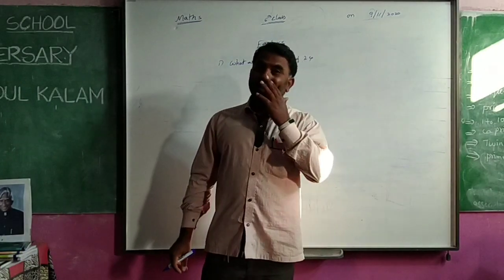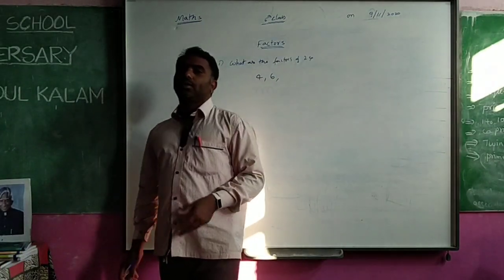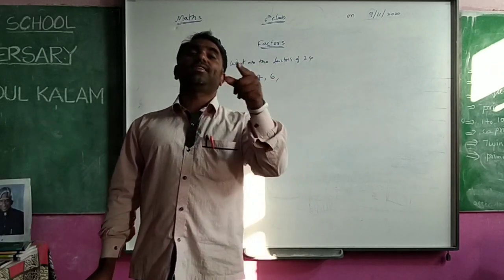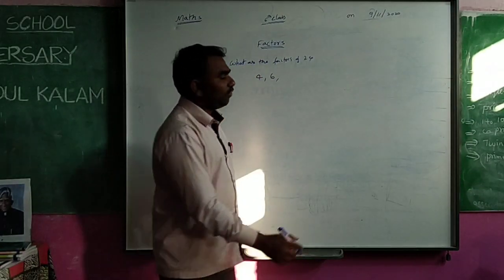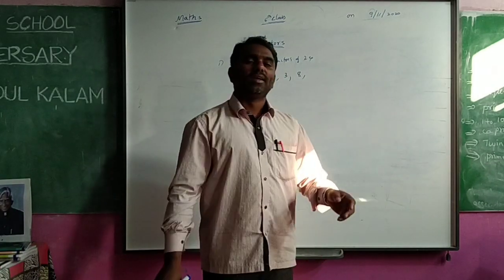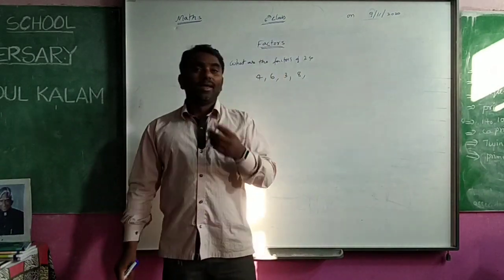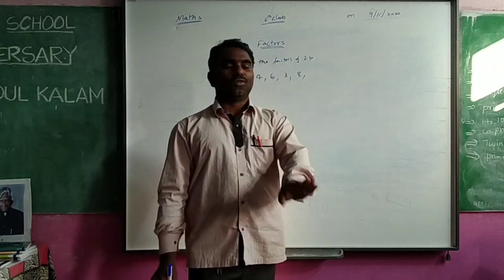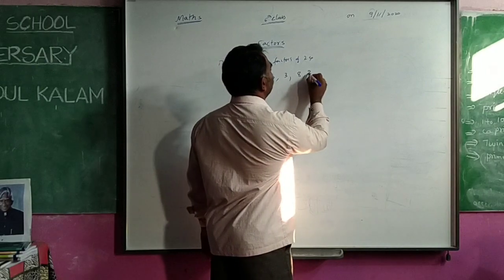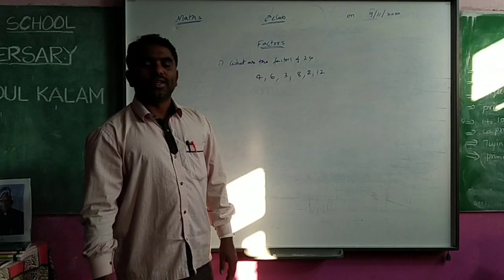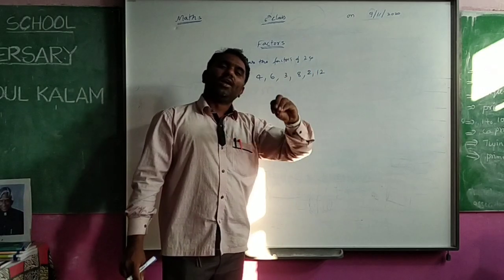Like that, is there any other way to get 24? Yes, very good. You will get 24 like this also: 8 3s are also 24. So that's why in the 3 table 24 is there, and in the 8 table also 24. Is that the only way? Yes, we have another way. What is the way? 2 12s are also 24. So that's why in the 2 table 24 comes, and in the 12 table also 24 will come. So 2 and 12 are also factors.